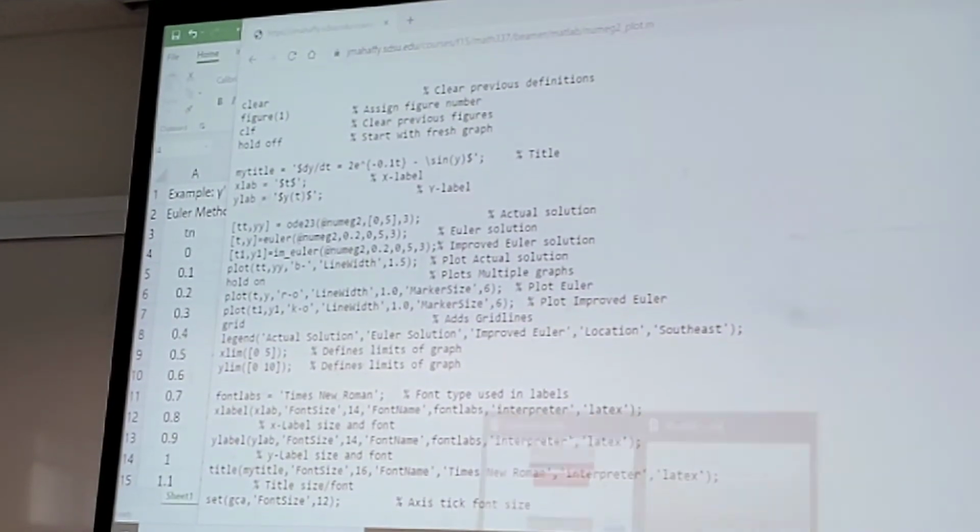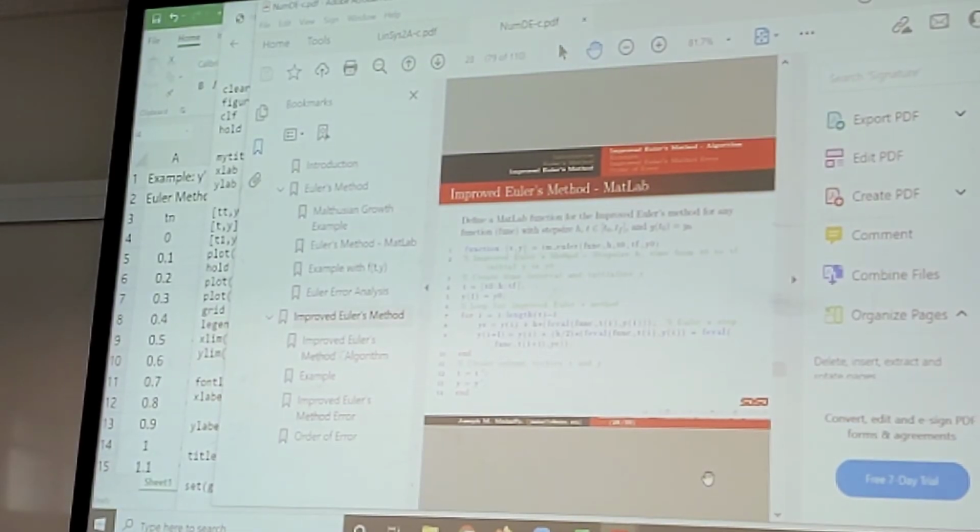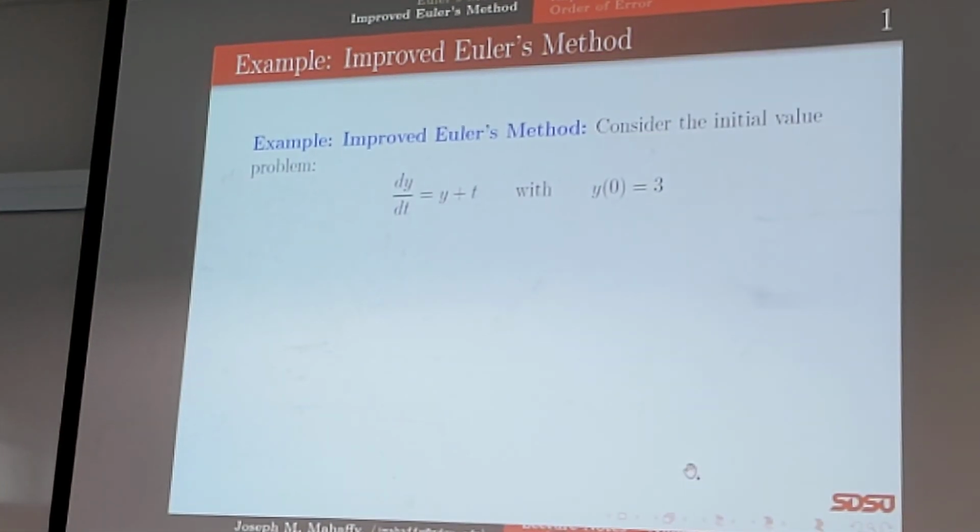All right, so let's get back to what we were doing for numerical ones. All right, so there's the